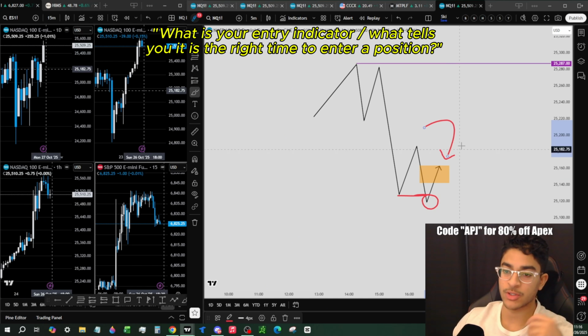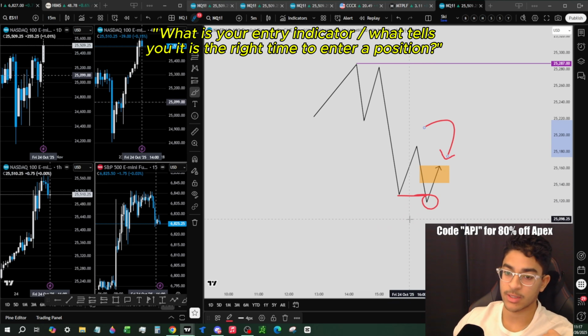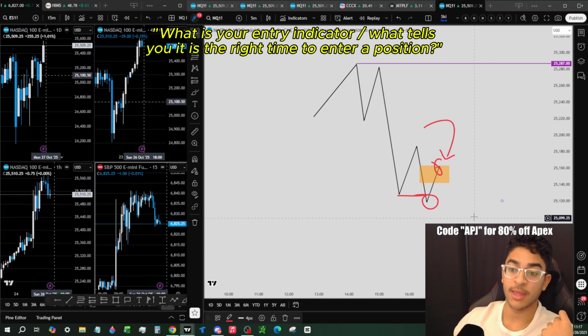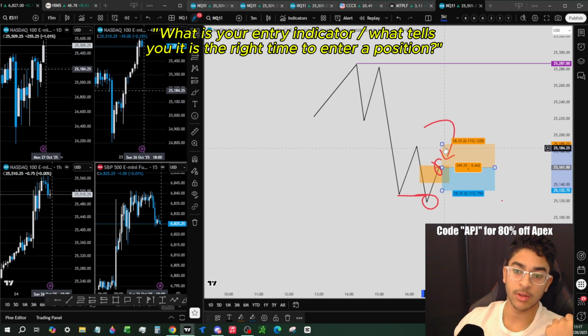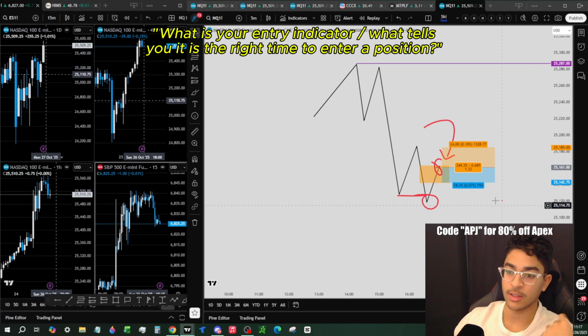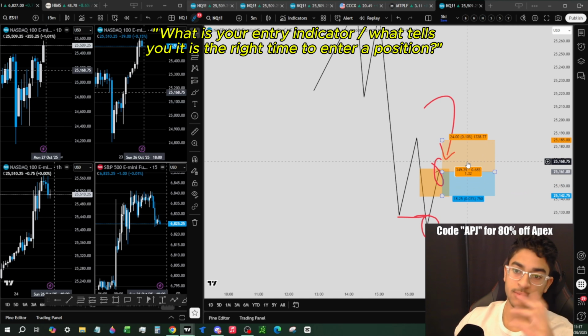And that's where the term inversion fair value gap comes from, because this was an FVG formed on a bearish leg. Price has a reason to react and reverse. It does so, and then it closes above. That is an example of a bullish entry for me, right? So I would go long here. I'd probably target this internal high here, stop maybe at the low of the FVG, and that's my trade. 24 points, that's more than enough for me.